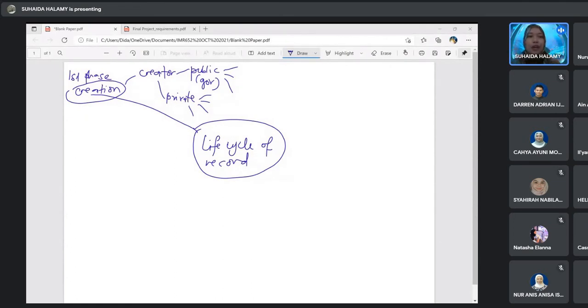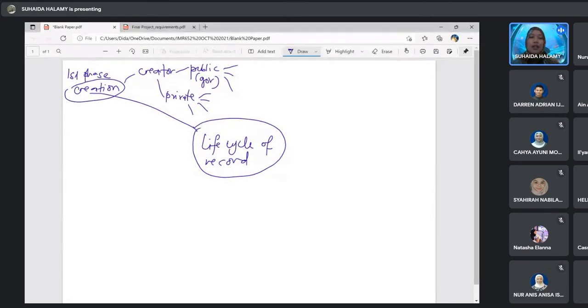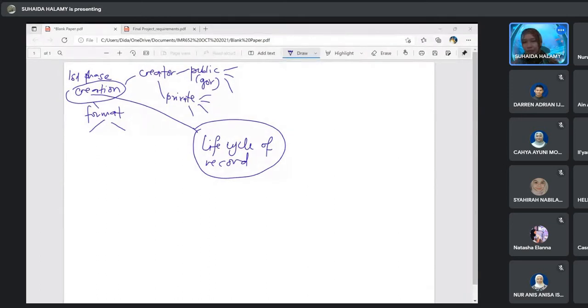Alright. Okay, and then what else you can say under curation? Another point that you can explain under curation is format. Okay, format. So student, format also has 2 categories. Last week, we already discussed as well. What is it?